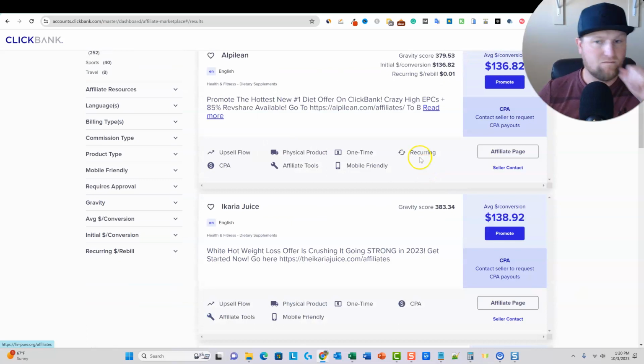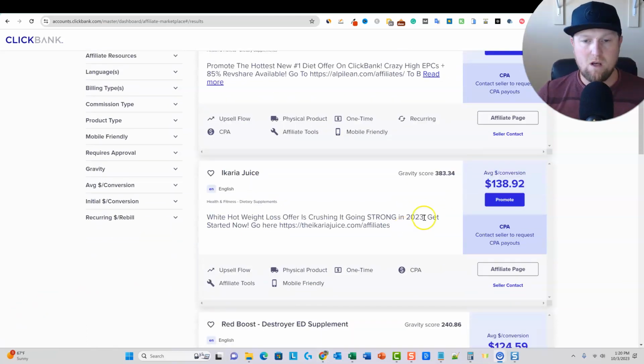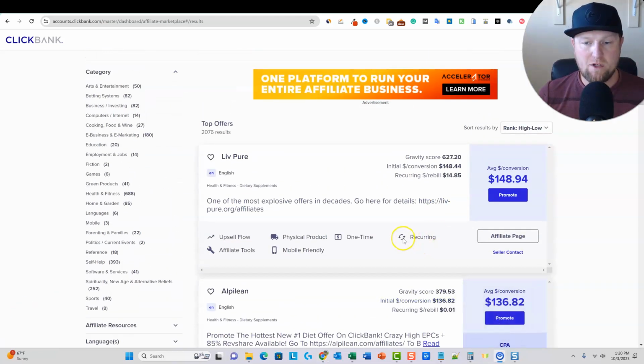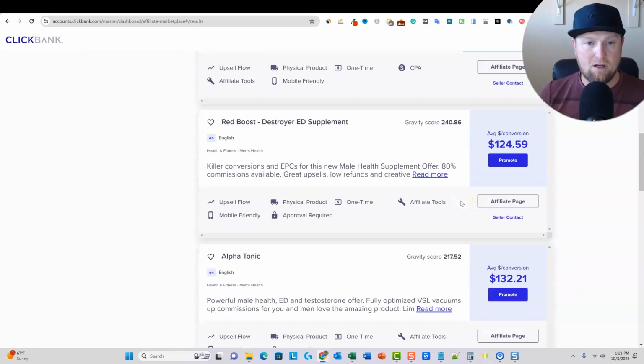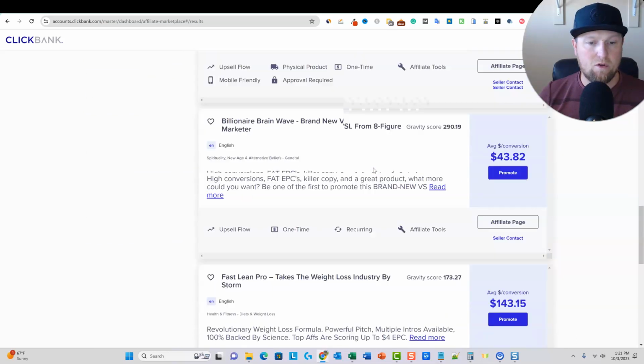But what I would do is start scrolling through. What makes these good offers as well is that when you can see this reoccurring right here, right? So this is a health supplement that if someone starts taking it and they like it, they start feeling better while they're taking it, then they're most likely going to go back and make another purchase. If you signed up that customer and they come back and purchase in their membership, you're going to get paid a reoccurring commission for that. So I really like to see reoccurring commissions on these, but we can come through here and scroll through,